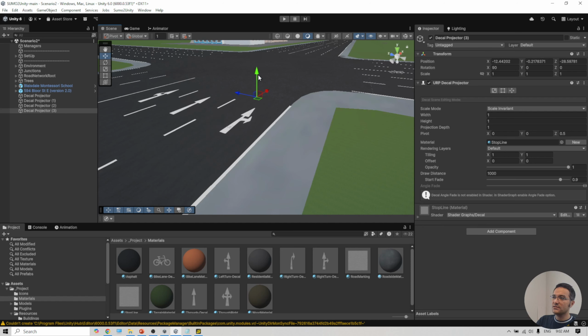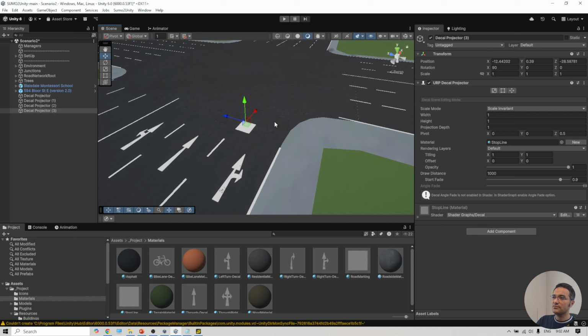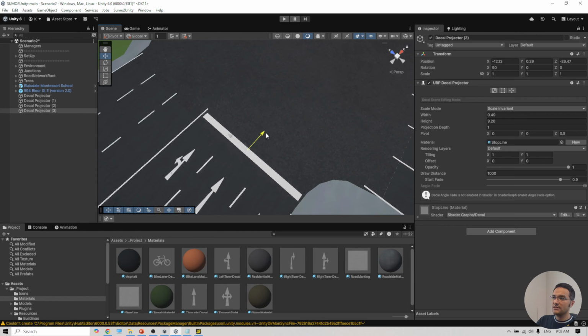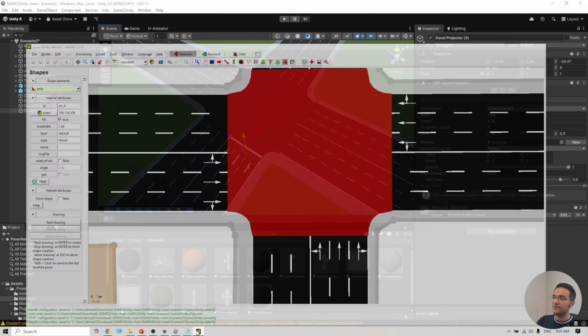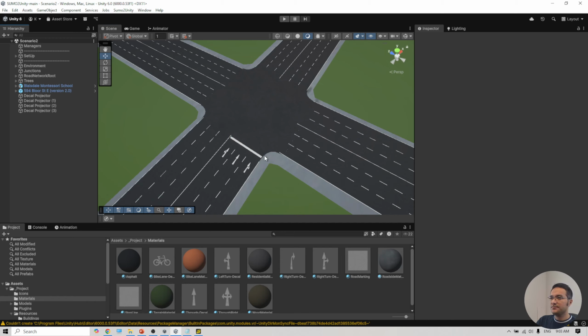Again, this one needs to be a little bit on top to see that one, and then increase this width, no, height, because it will go, and then a little bit more, and then maybe the width is a little bit too much, right? Yeah, something like this satisfies our need. You can do the same things for these directions, and then other directions too, based on the SUMO reference. Again, Control S, and then